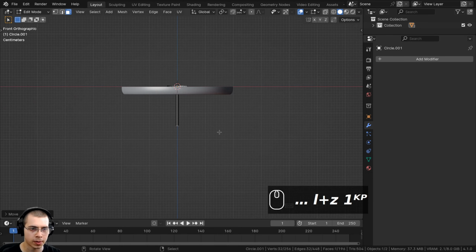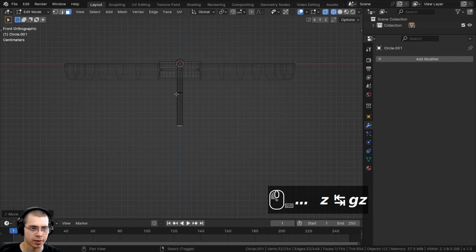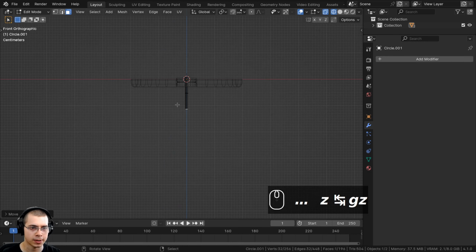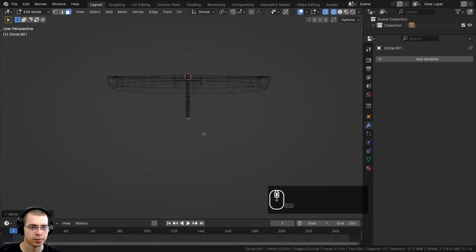And I'll press 1 on the numpad to go to front view, and I want to bring this up on the Z axis, bring it about that far. So you can see if you zoom out in Blender, there are these Blender grids here. So I want this piece to be a little bit farther down, farther than one grid. So you can see here is the top of the grid, and then it goes down 1 and 2, and I just want it to be a little bit farther than one grid.